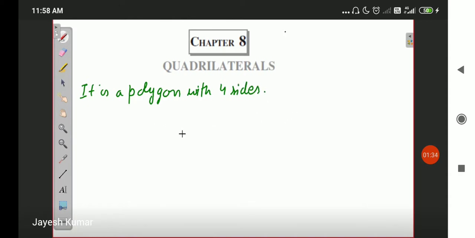And if anyone asks what is a polygon, a polygon is a two-dimensional figure made up of straight lines and vertices. A polygon is a closed figure made up of a number of straight lines. Let me draw a random quadrilateral for you for reference. This is a random quadrilateral ABCD. It has 4 sides and 4 vertices, or you can say 4 edges and 4 vertices.